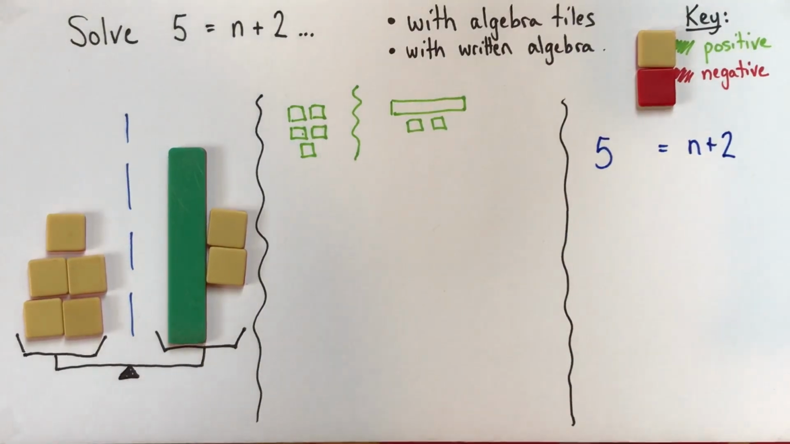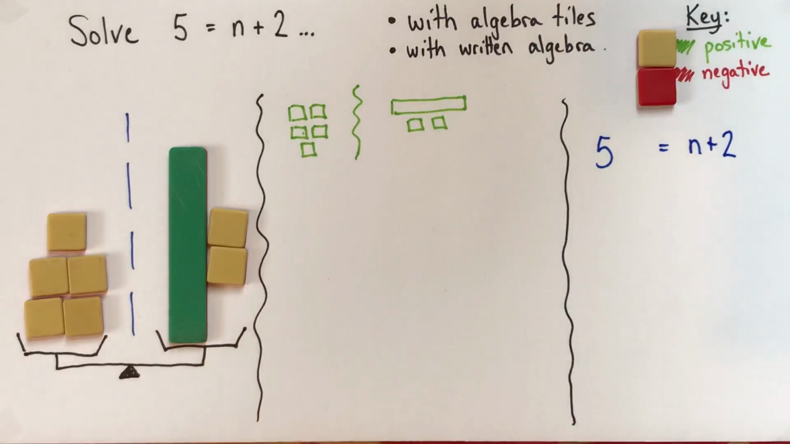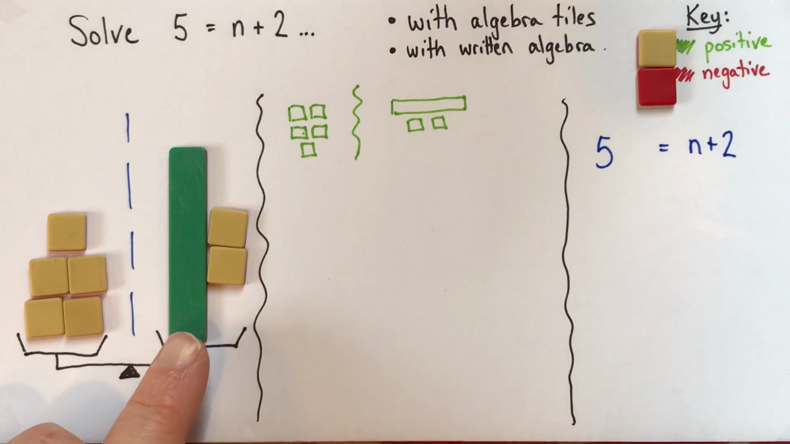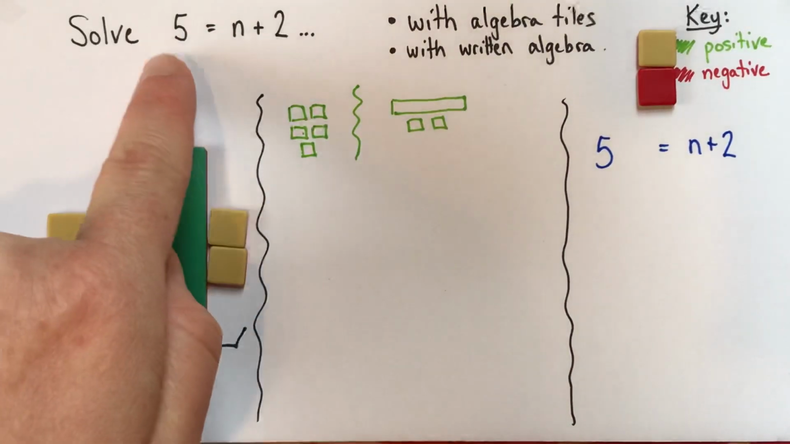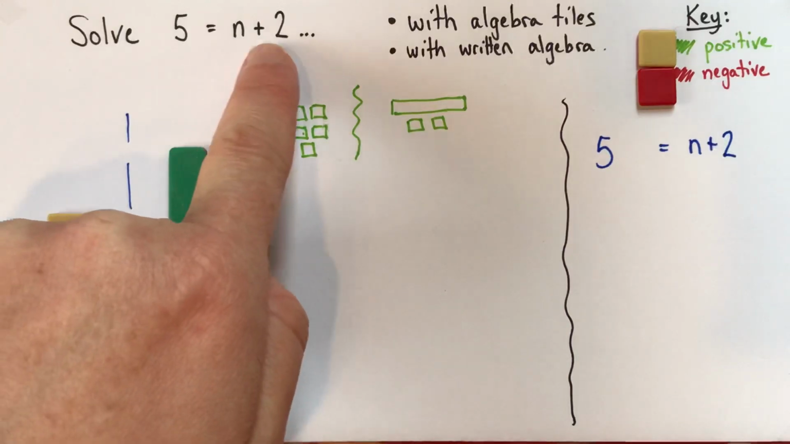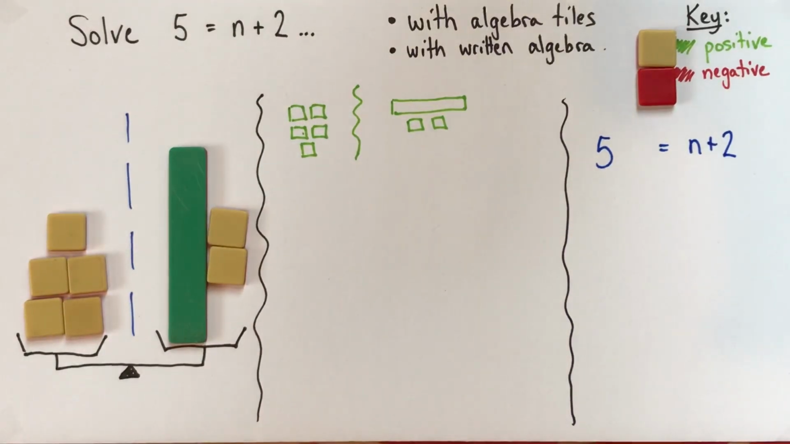Alright. Now our goal when we solve an equation is to get the variable all alone, to know what the value of the variable is. So we want to know what value of n would make it true that 5 is the same as n plus 2. And you can probably solve this in your head, but if you learn to represent it both with the tiles and with the written algebra,